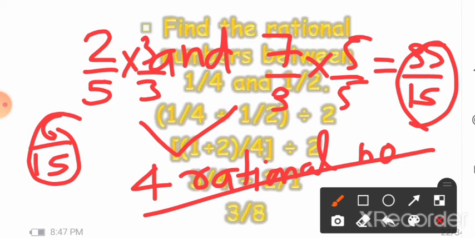So if we have already found these numbers, there is no need for multiplying by the n plus 1 number. It's not necessary to multiply by n plus 1. So it's simple, you can write the answer directly.